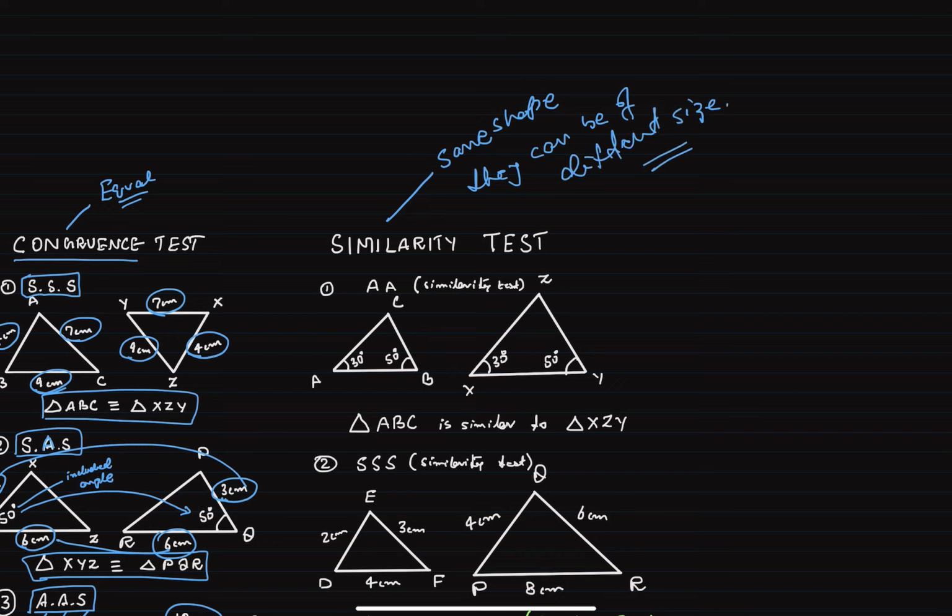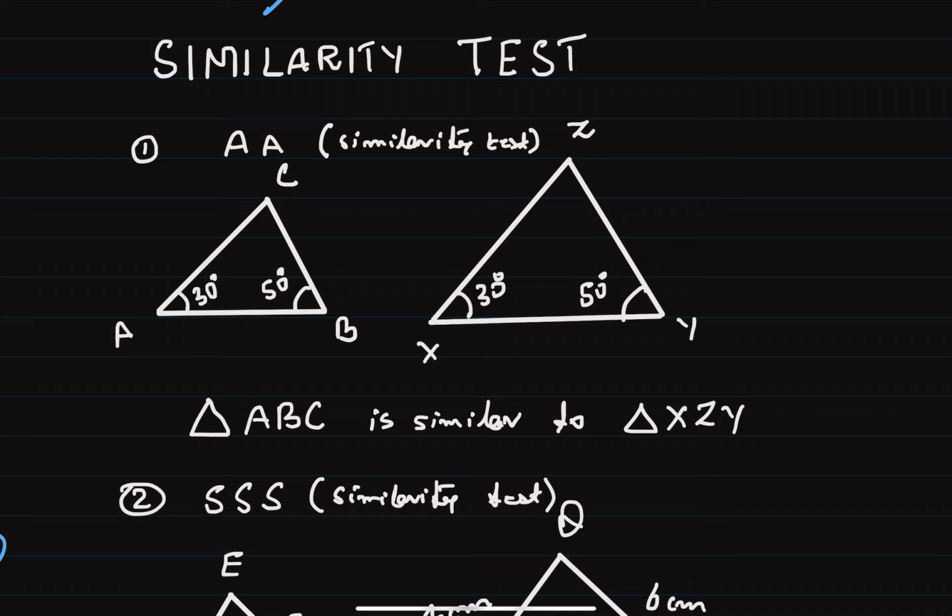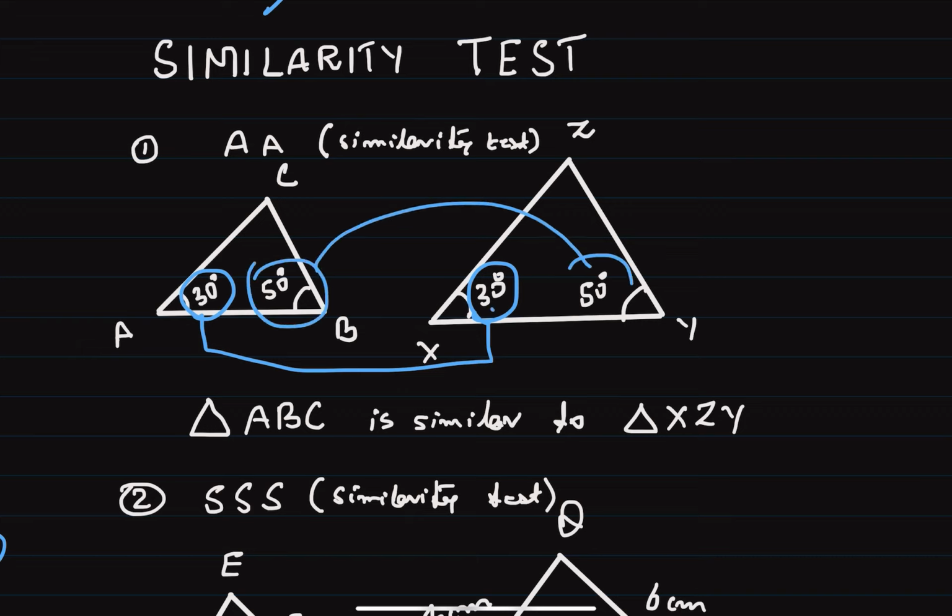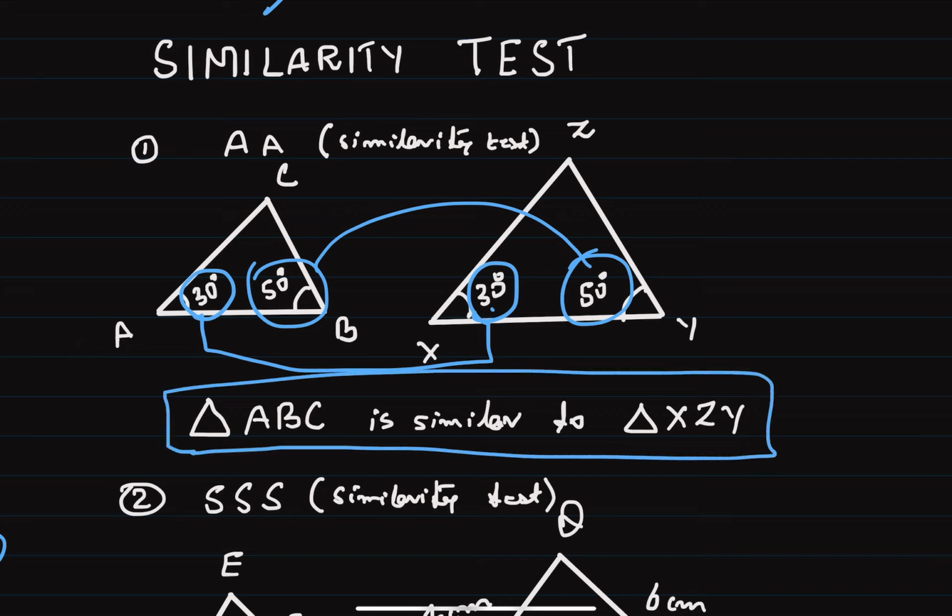So the first test for similarity: in order to prove that two triangles are similar, if you can manage to prove that two pairs of angles are equal, that means this 30 is equal to 30 and this 50 is equal to 50. If two angles are equal, that is enough proof to say that triangle ABC is similar to